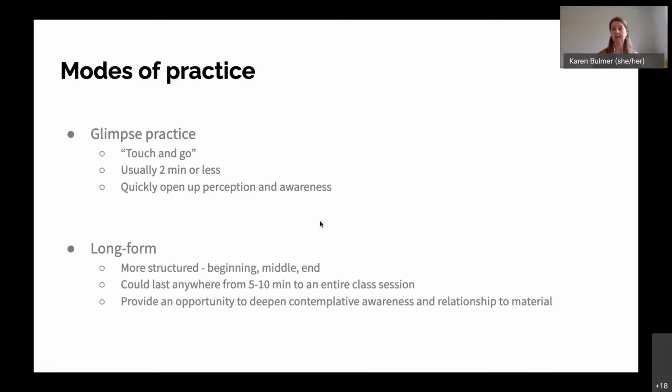There's no outcome anticipated, other than to just sort of play with this idea or this experience, or maybe even experiment would be a better word, of can we be in a space of not knowing, not deciding. So very similar to the glimpse practice, but a little bit more structured. And again, this is what I was talking about earlier, that often in a contemplative mode of instruction, we would ask people to suspend or pause reflection or analysis, and instead just try to be in a slightly more receptive frame of mind.